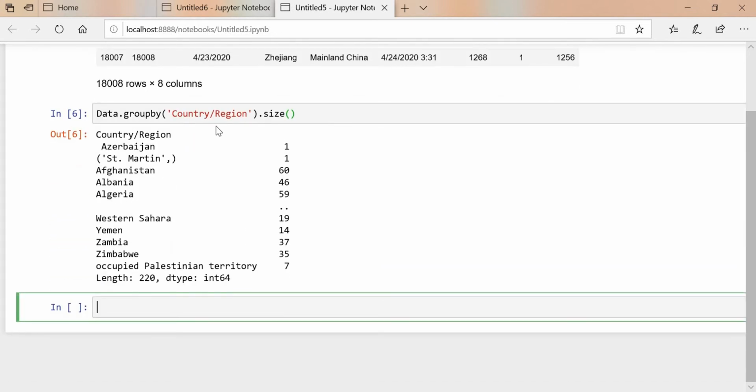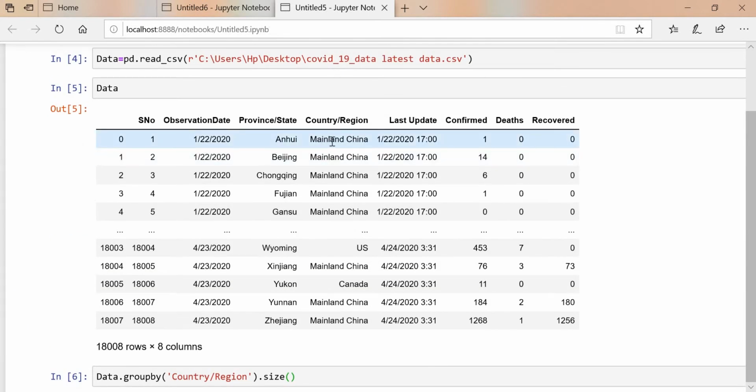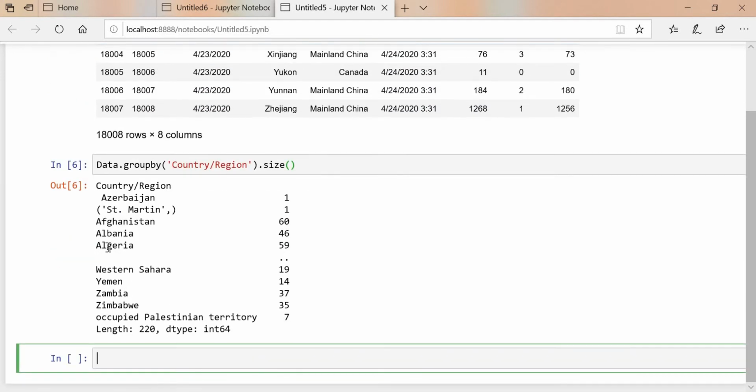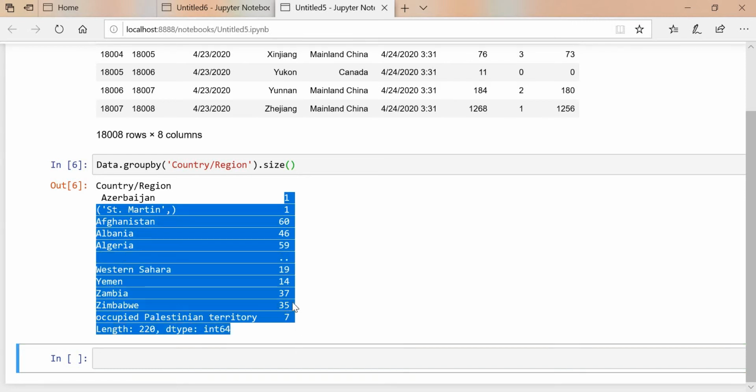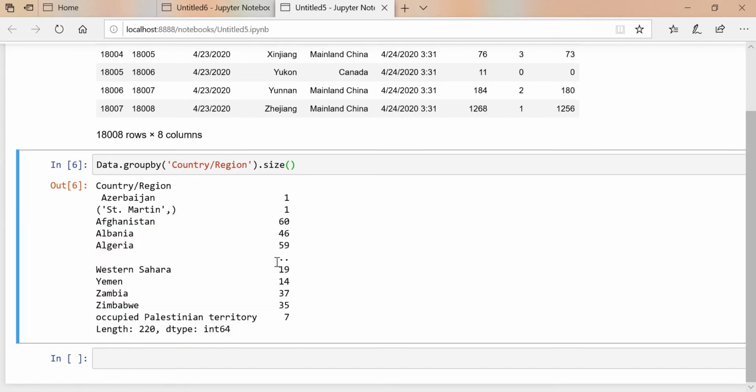See what is going on in this data dot group by country and region. If the same countries are there, like China, China, China, it will come once, and how many times it is repeated it will show against this one. So this is the group by function. Group by means it groups all the similar country and region. Like this the group by function will work.